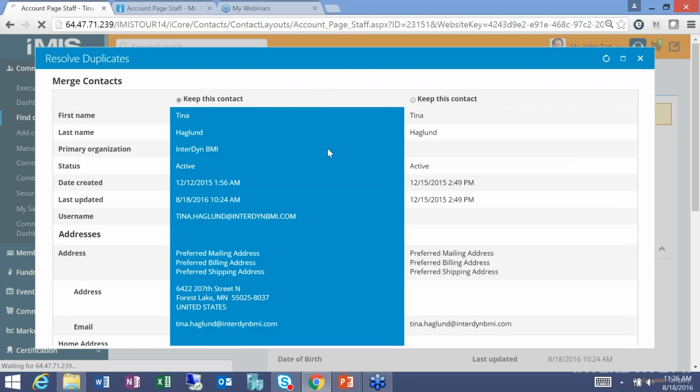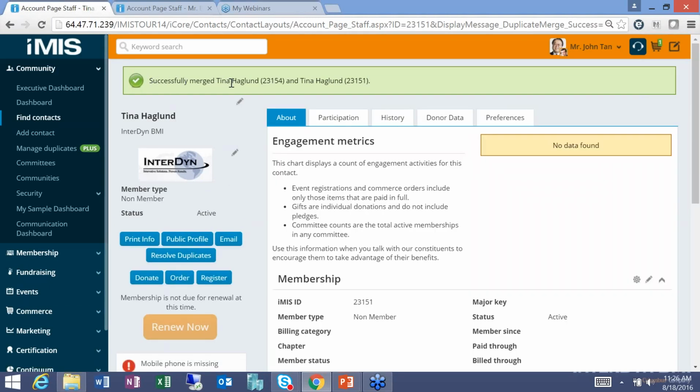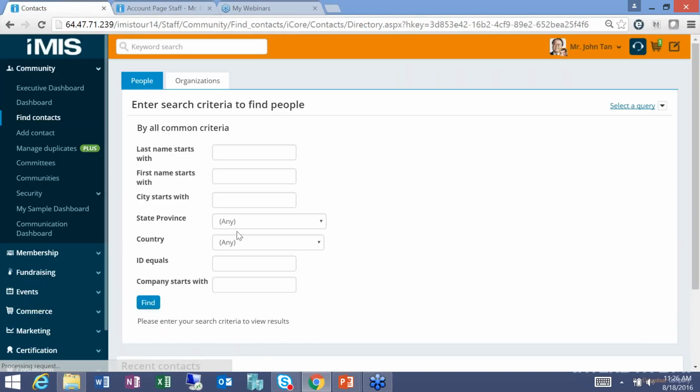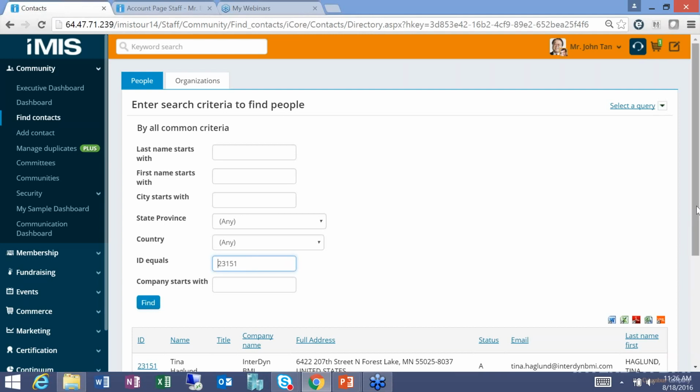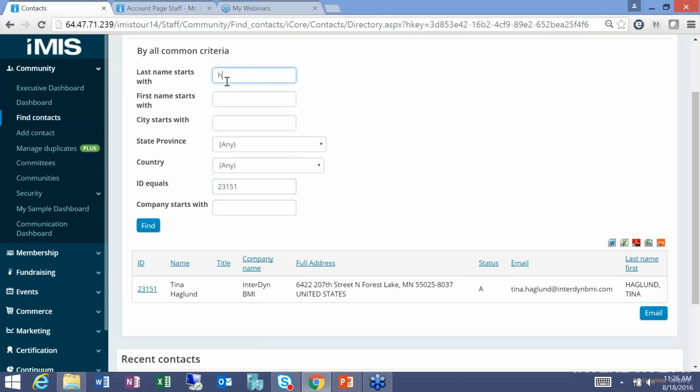We'll give it a second here. And it says, okay, this has been merged, right? So it tells you the one that it kept and the one that it merged. So now if I went to go find that record again, the 23151, 23151, let me actually,